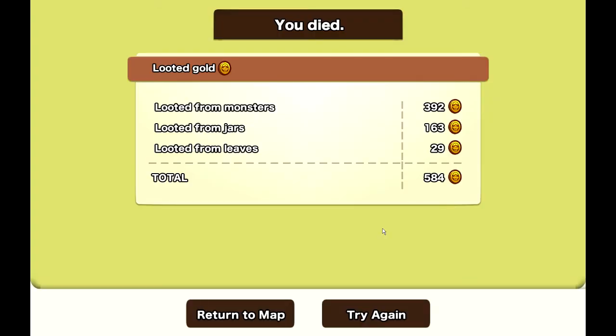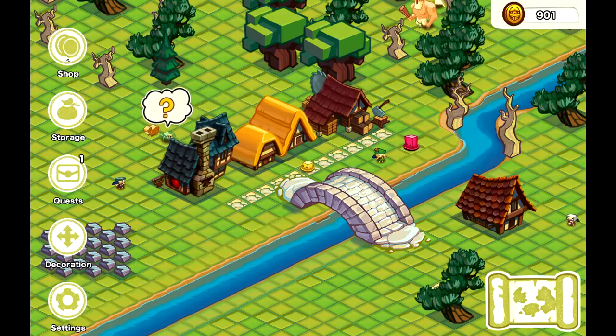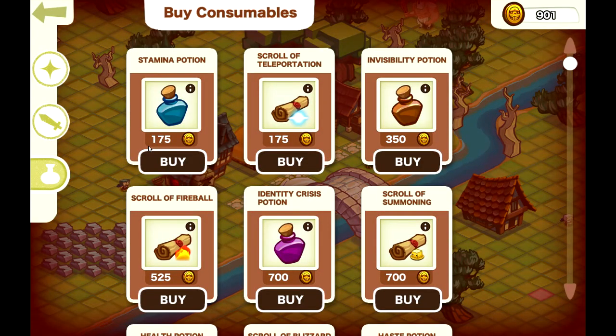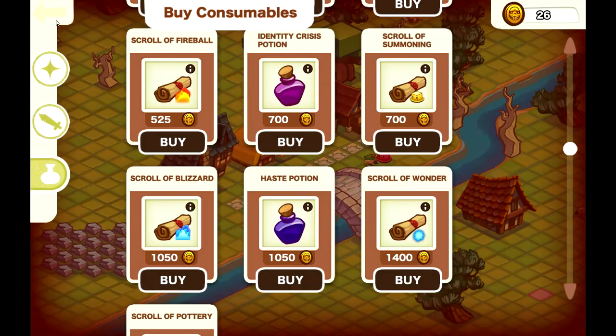Okay, so I died to the boss, but you guys got to see basically how the gameplay goes there. We can return to the map, and we still got some gold out of that, even though we failed. So, if 901 gold is enough to buy anything that we might want to bring in, then yeah, we could go ahead and buy the health potion. And I'll just show you really